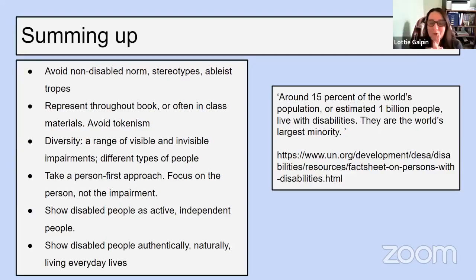I think it can be both. So I think you can just leave it there, but in the teacher's notes, I would always put a description of the disability that's being represented, because what we don't want is for a teacher to inadvertently use non-inclusive language to describe that image. So I would say put a photo description in the teacher's book. This image represents somebody doing X, Y, and Z. And I think then that supports the teacher using that material.